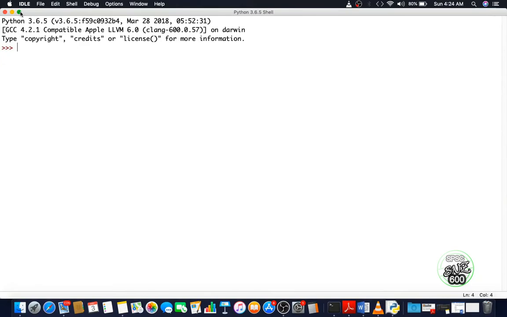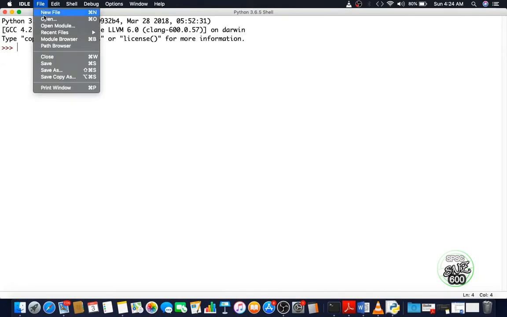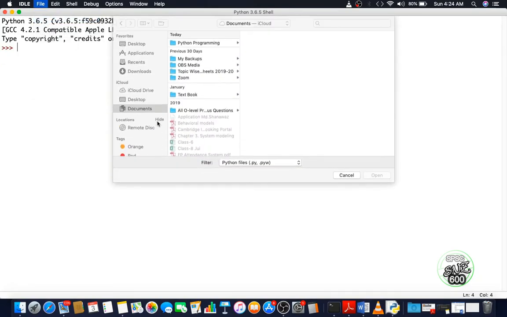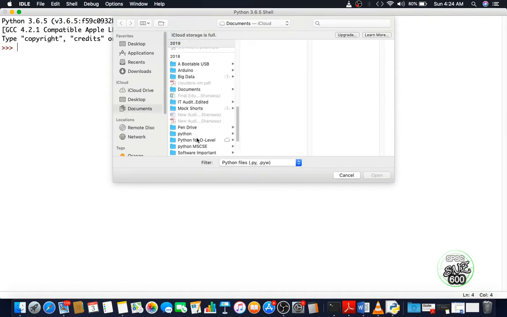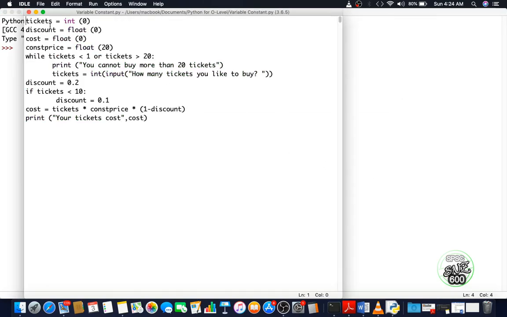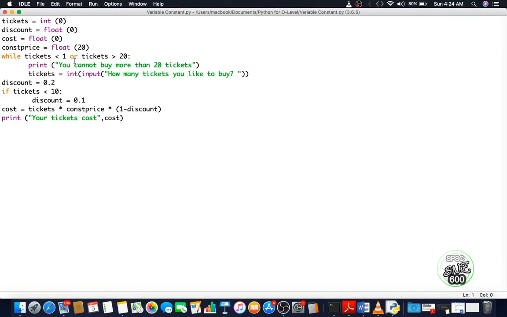I've already typed the code for you, so I'm opening the file for you now. So here we are. The coding in Python will be a bit different from the pseudocode. So let me explain.